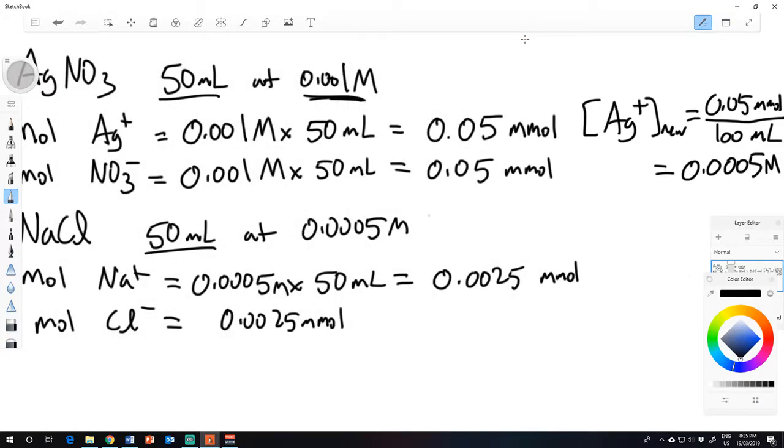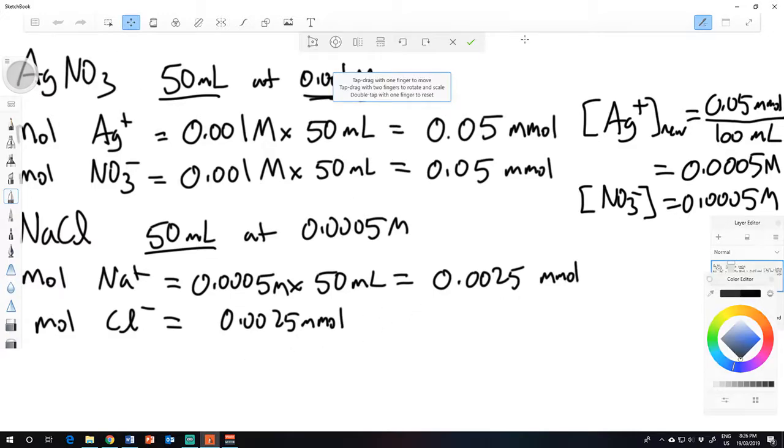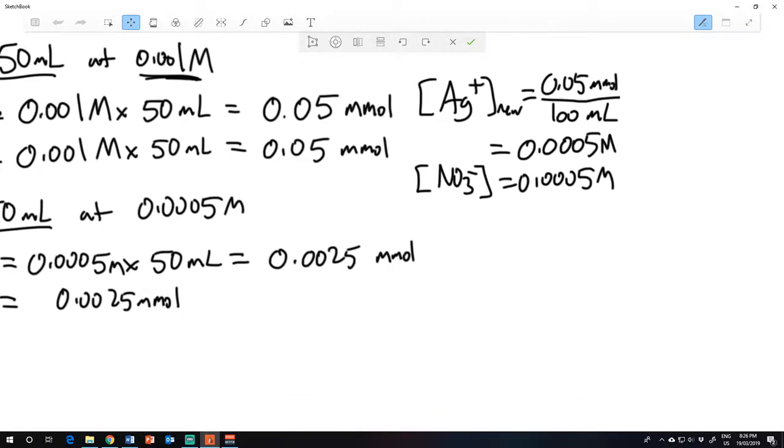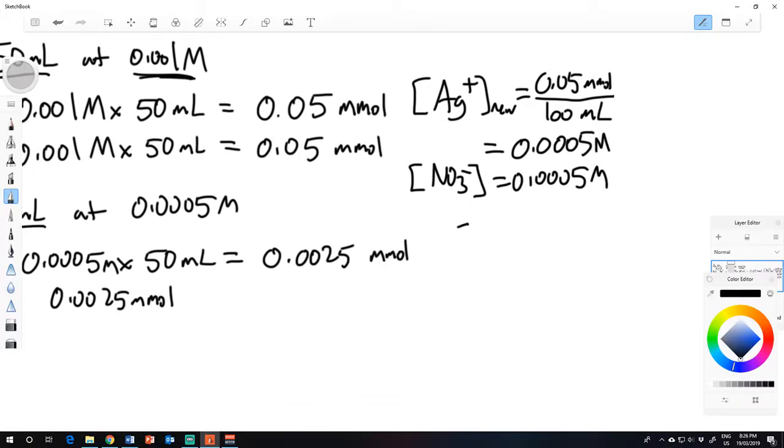Now I have the concentration of the silver, and because of everything being 1-to-1, that will also be the same thing as the concentration of the nitrate. 0.0005 molar. And then we can do the same calculation here. So the concentration of the Na plus will be